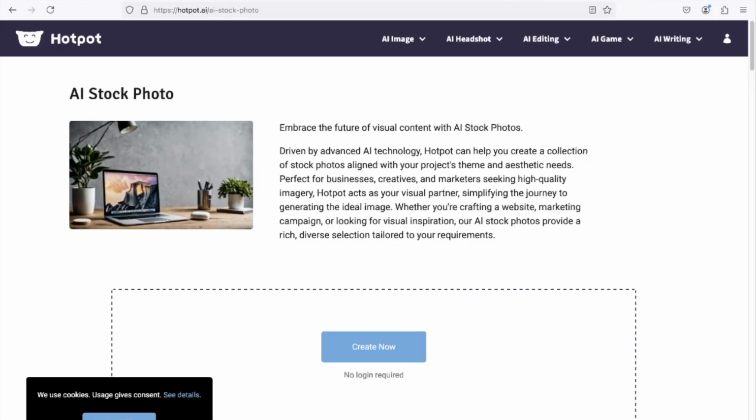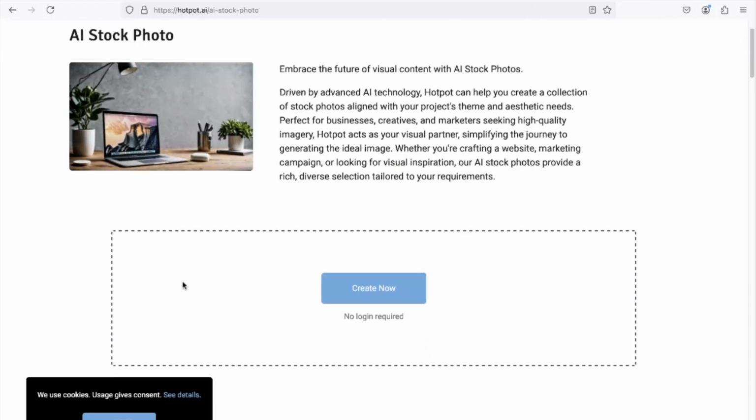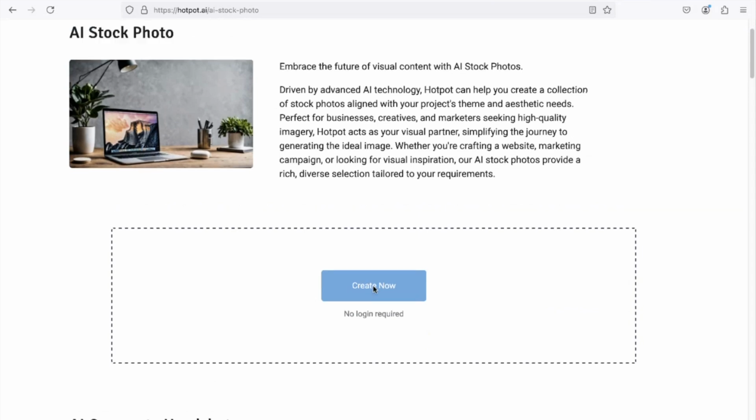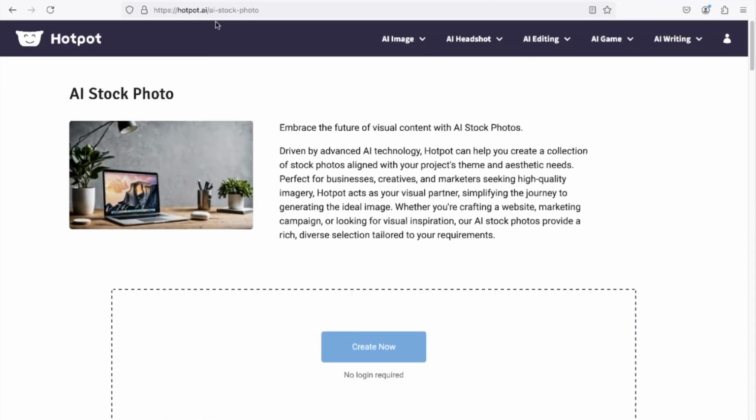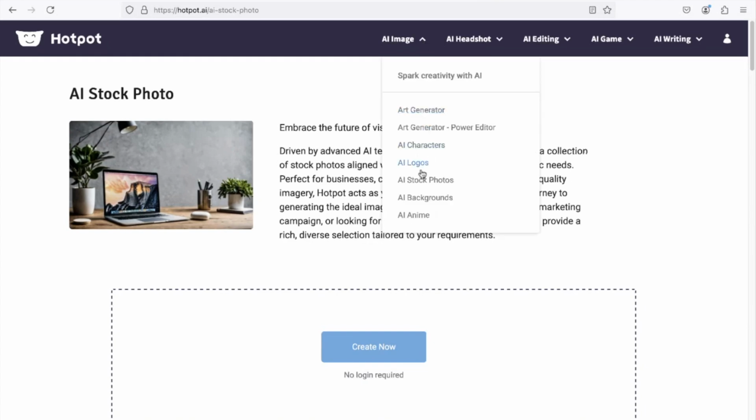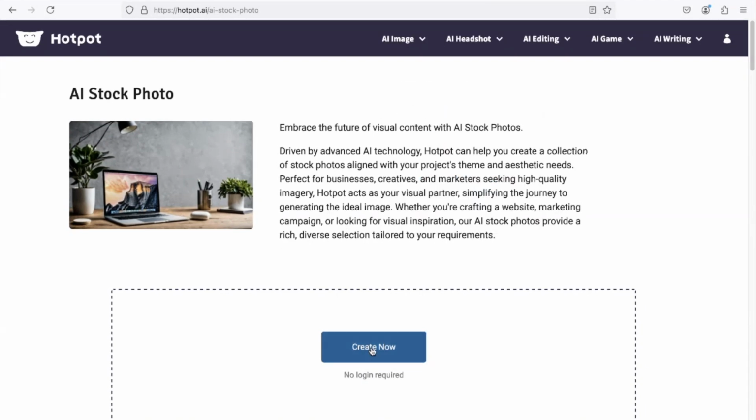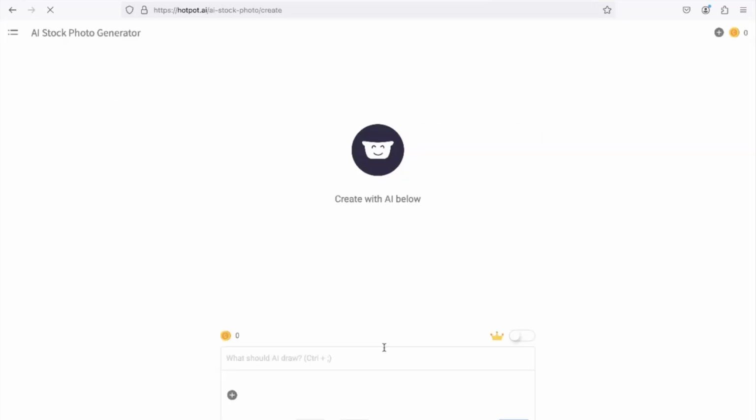Now this is Hotpot. If you see here, just go to hotpot.ai. I am just going to images, you can have other things also. I'm just going to stock photos here, and you can say, now this is a prompt. Let's say I'm saying